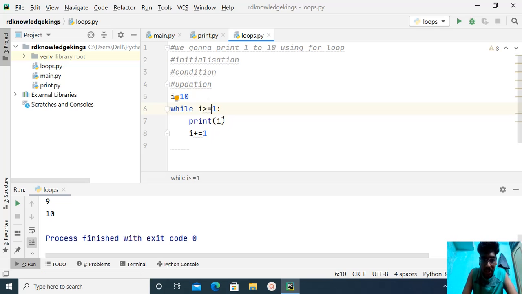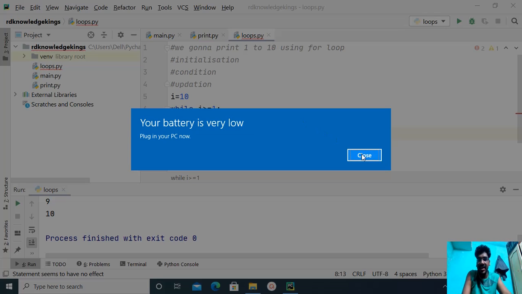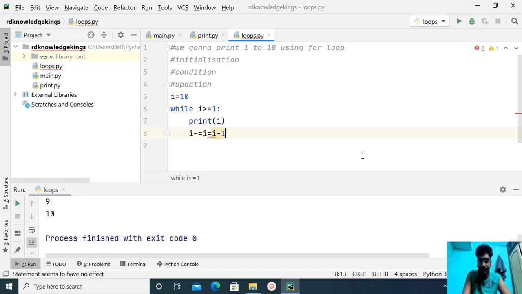And I need to print the same, and I need to decrement it. So write I minus equal to 1. This is the same as I equal to I minus 1. You can write it in any method, but I prefer I minus equal to 1.